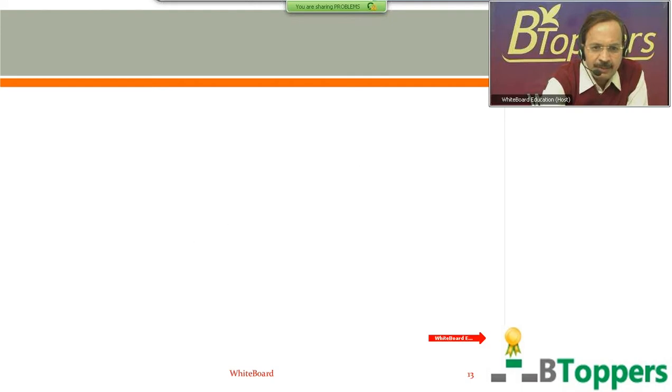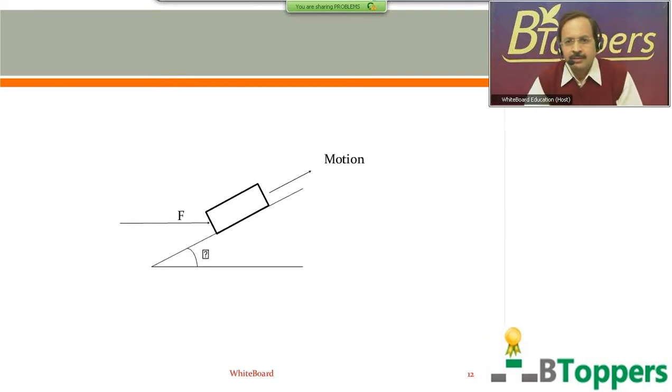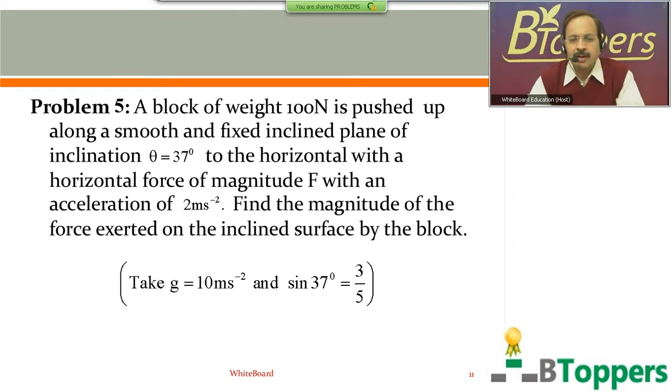This problem I have solved in the previous class, but I have done the calculations by taking the acceleration of the block as 3 meters per second square. Probably you might have observed that in the problem I have shown you on the screen, I have given the acceleration of the block as 2 meters per second square. I have solved this problem by taking the acceleration of the block as 3 meters per second square, but the procedure